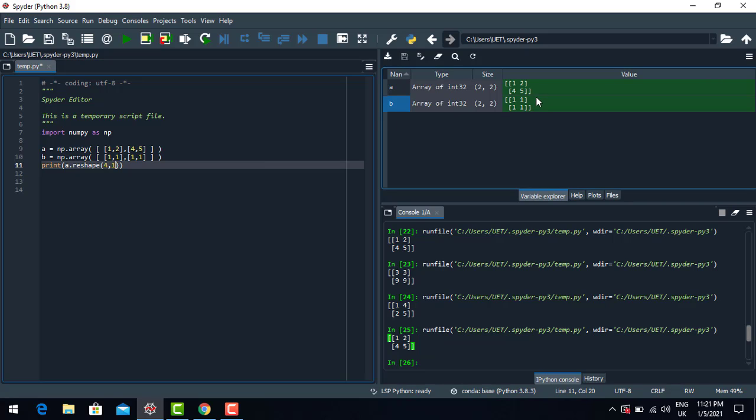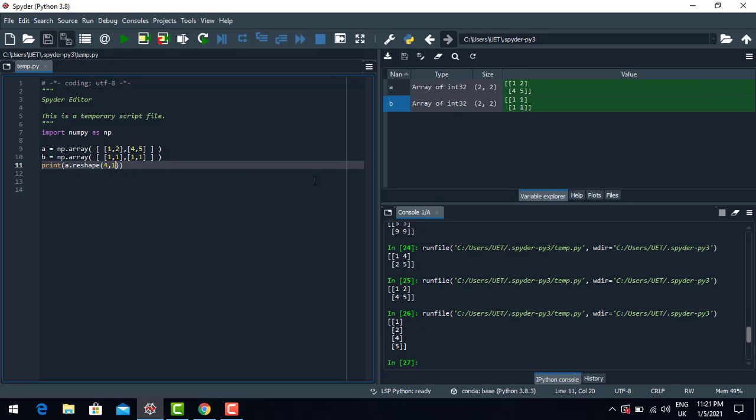So let's see what will happen. You can see over here that a new array has been displayed with 4 rows, 1 2 3 4 rows, but a single column only.